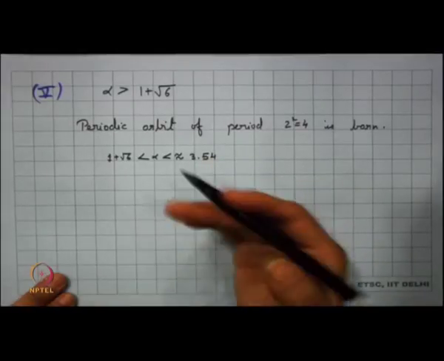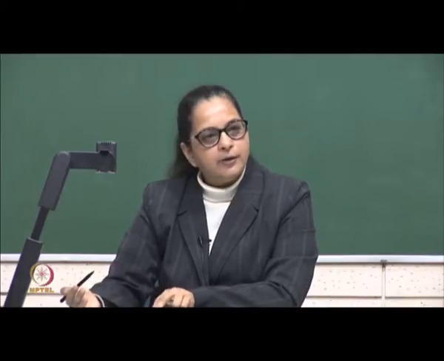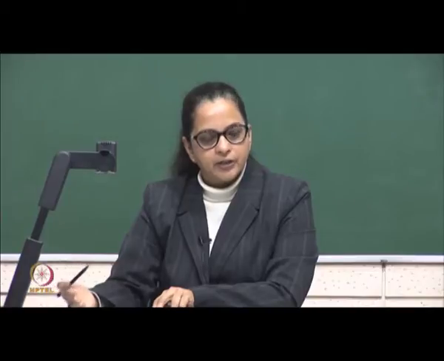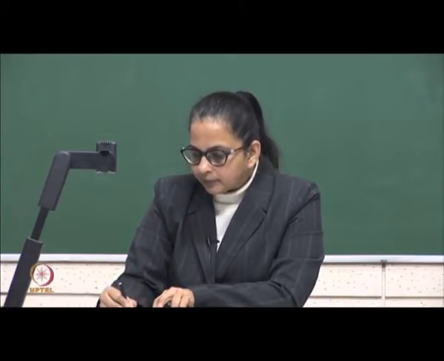Now, what happens in that case? Again you find that there is another periodic orbit of period 8 coming up. So, the period 4 orbit becomes unstable, but there is another periodic orbit of period 8 coming up, which again becomes stable. So, as alpha increases,